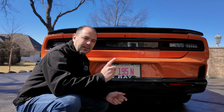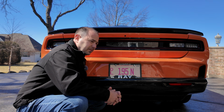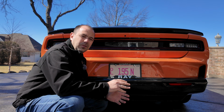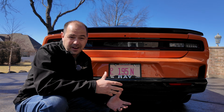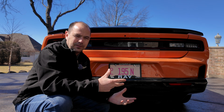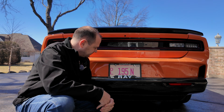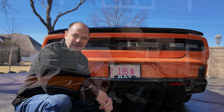And track mode is similar. Let's go to track mode. And go ahead and rev it. So drag and track mode from a volume standpoint on the outside are very similar. And then when you shut the car down, it makes this cool sequence of noise. Go ahead and turn the car down. Almost like a spaceship noise. So let's hop inside, let's take you for a ride, let's talk about the different drive modes that this vehicle